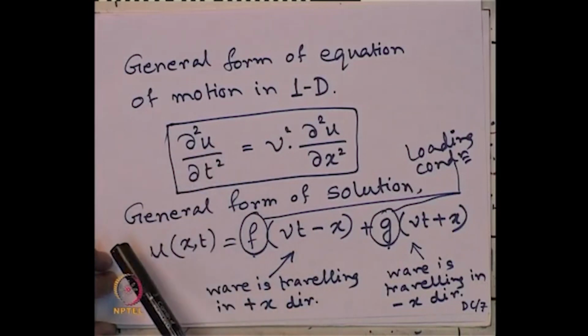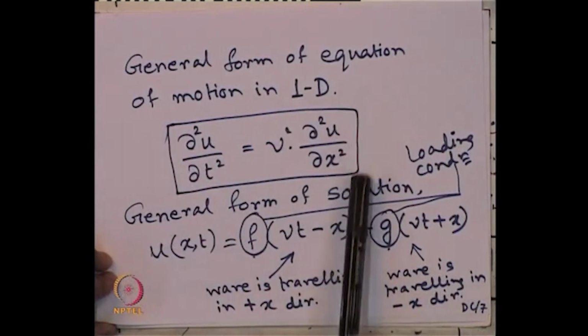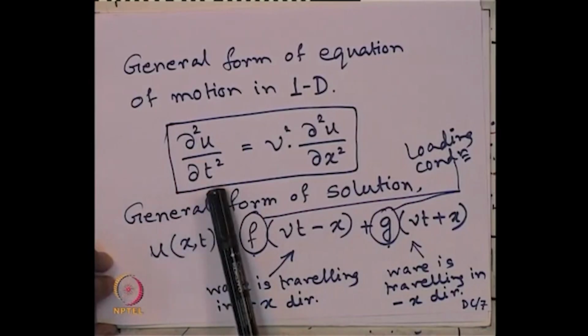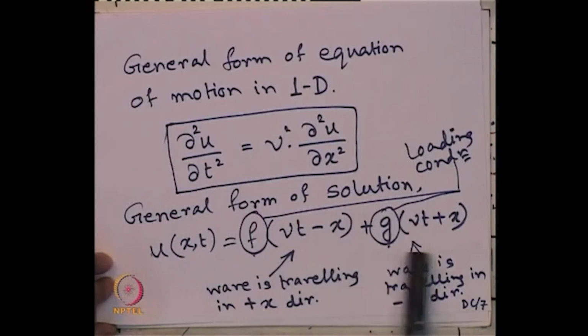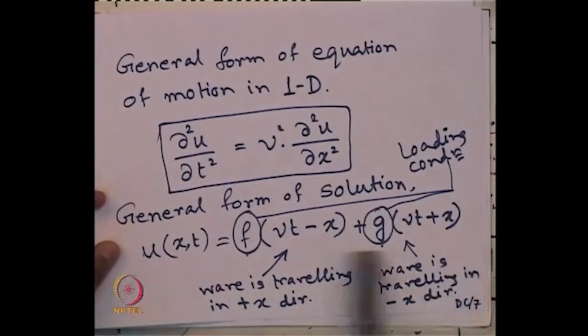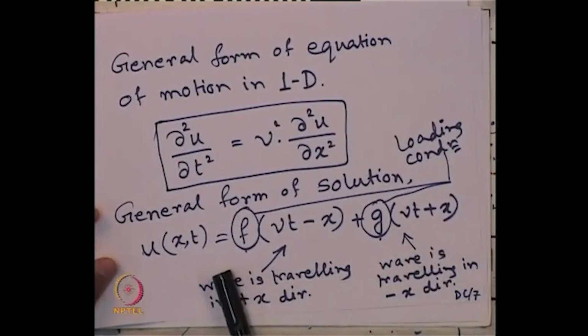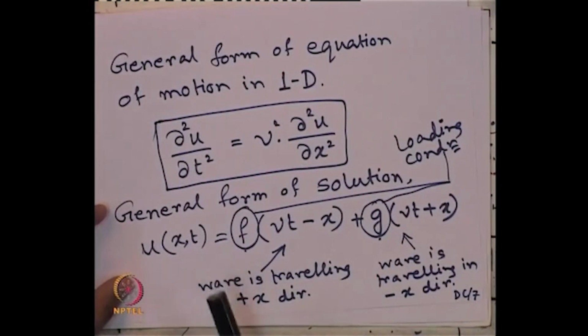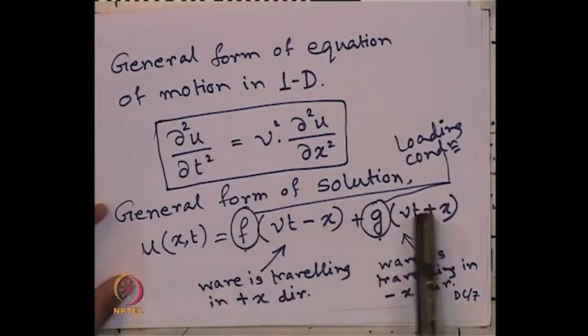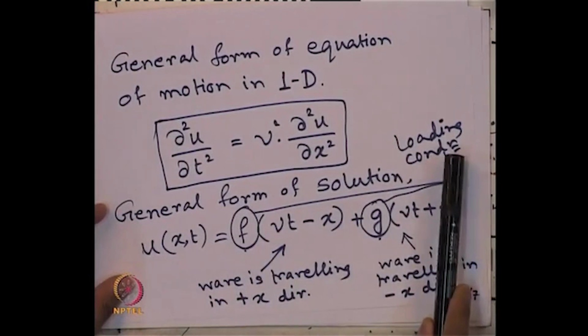And we have seen for this type of governing equation of motion, we have the general form of solution expressed in this format. Now, this general form of solution again we can get a particular solution depending on the loading condition. So, these functions depend on what type of load is applied to the system. So, we have also seen for harmonic loading,